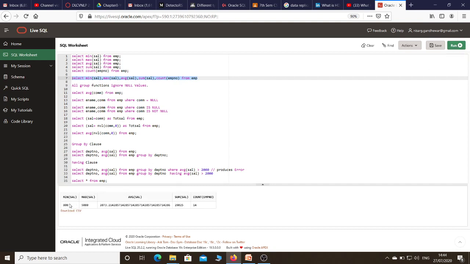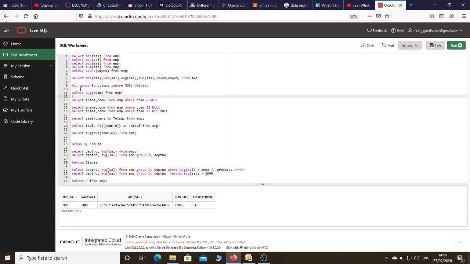So I got this: minimum salary 800, maximum salary 5000, average salary 2073, total salary 29,025, total number of employees 14. So it is possible to get all this information using a single query. Simply you need to separate all the functions by commas.